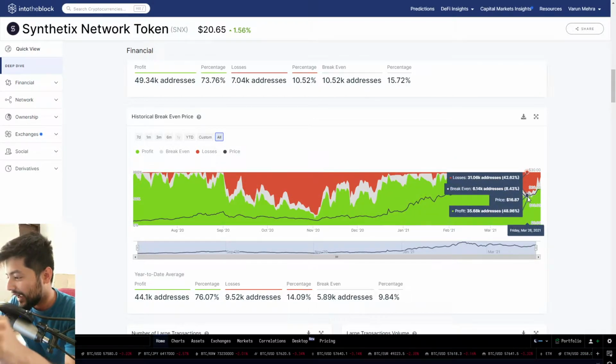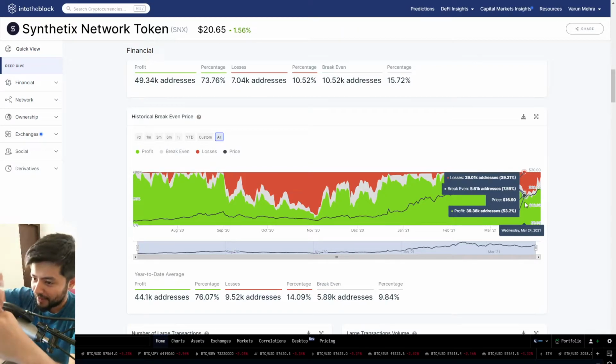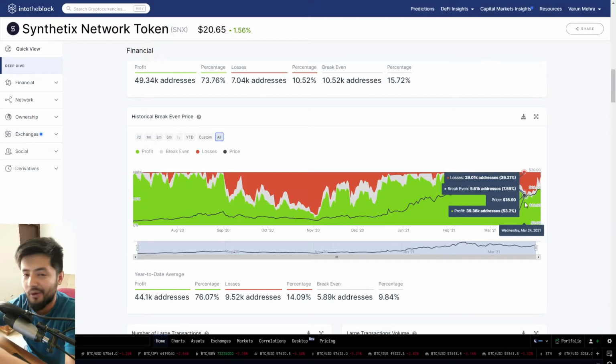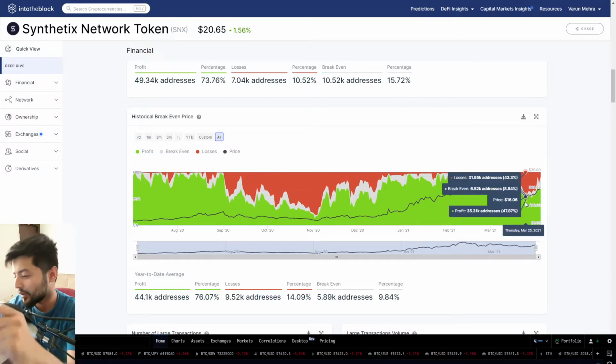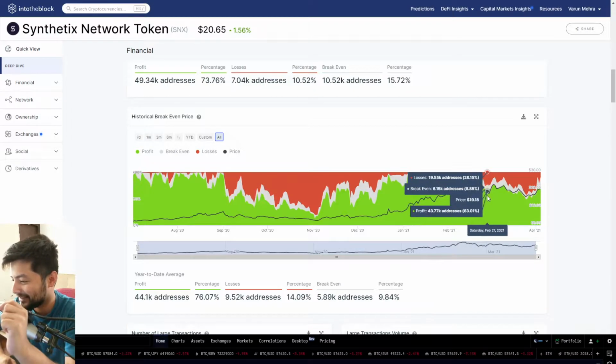We are yet again at some interesting inflection points, as I was talking about the fact that, guys, the number of addresses in profits and the number of addresses in losses are quite equal right now. So something can happen, right? It can either break down or it can break to the upside in a very volatile fashion right from these price points. Now my personal bias stays towards the upside. We'll be talking about that from the charts, which I'll be coming up with in a pretty short time frame, as we take a look at this data further down, guys.